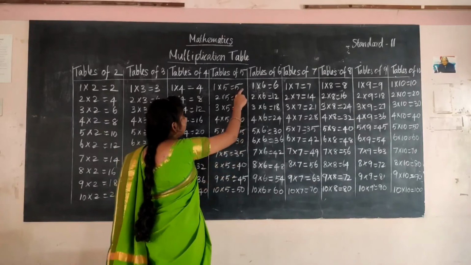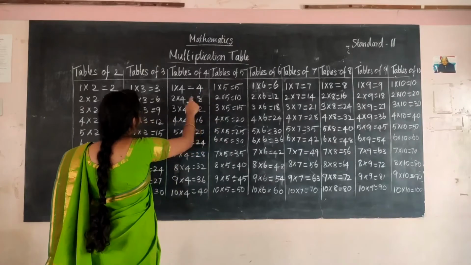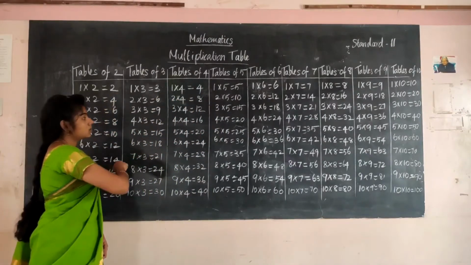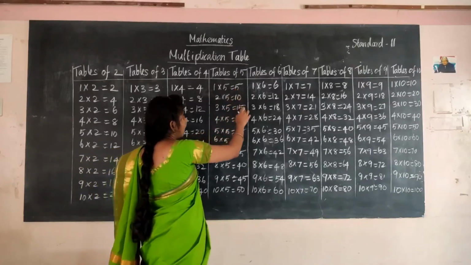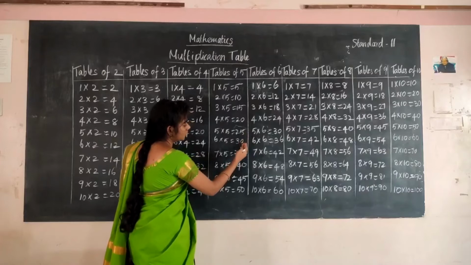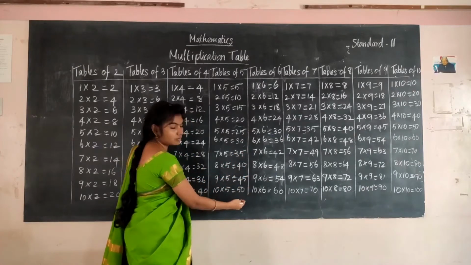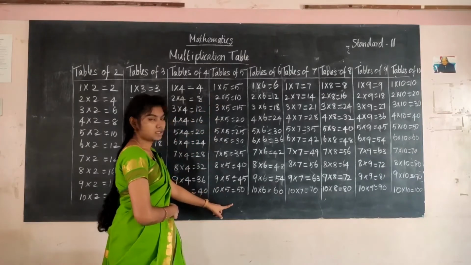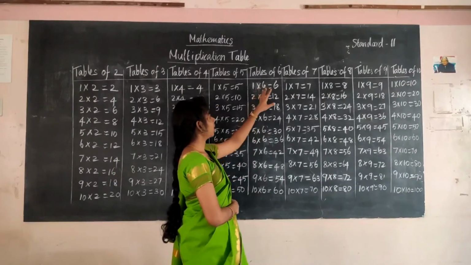Here see, skipped by 5, and here skipped by 4, and here skipped by 3, and here skipped by 2. This will be so easy. 5, 10, 15, you can find like this. It's 5, 10, 15, 20, 25, 30, 35, 40, 45, 50. This is the order. So learn this fifth table, and here, the table of 6.